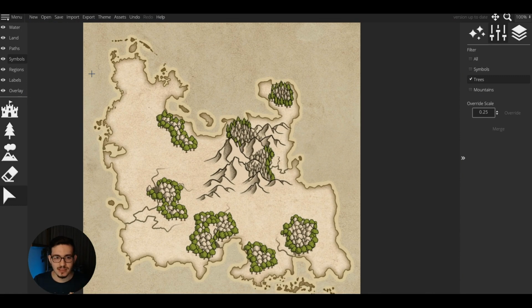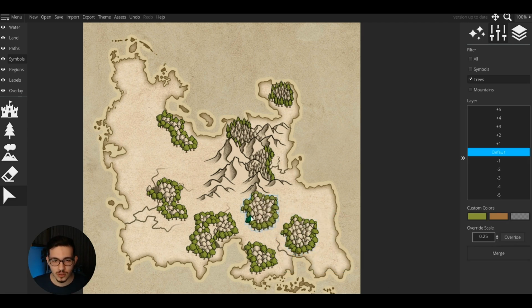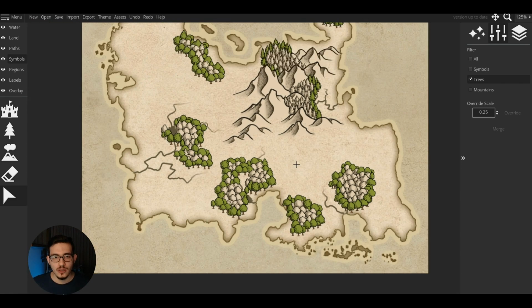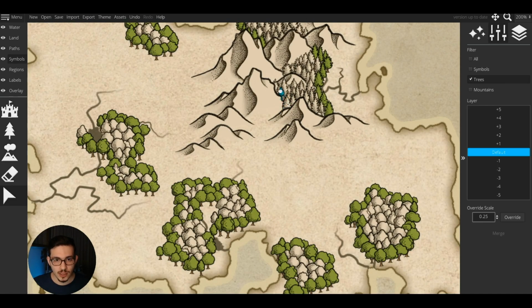So I placed the trees, filled them, and at this point I want to tell you a few things. First, if you want to make better looking forests, try to avoid repeating the same shapes. So if all your forests look like these circles, but just here and there a little bit different, it's not gonna look nice. So you need thinner and longer lines. You need forests that have gaps in centers. So changing the shapes will help you to make maps that look better and more realistic.